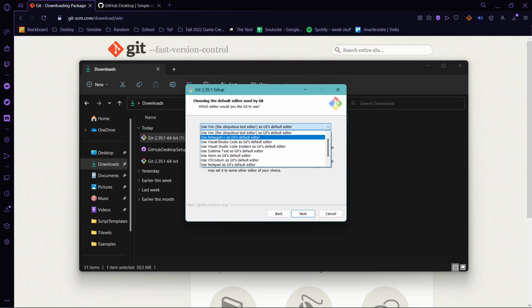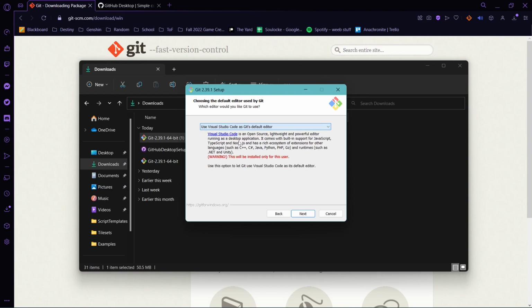And you also have a couple other options like Notepad++. Vim is the default, which I wouldn't really recommend using. I personally use Visual Studio Code. That's what I'd recommend if you have it installed. If not,